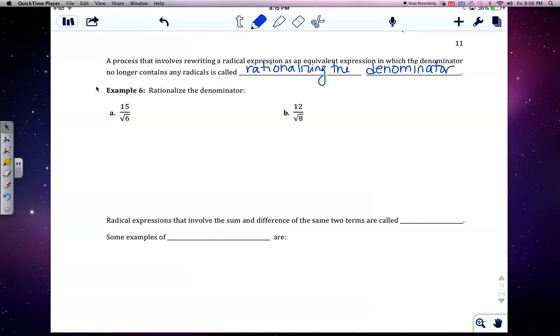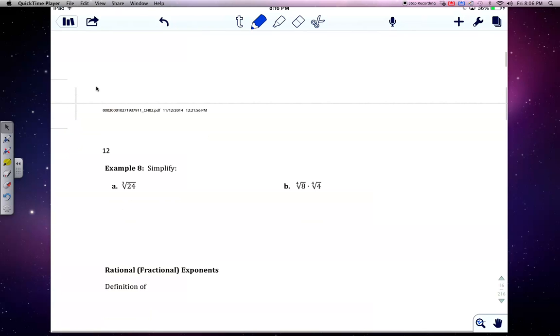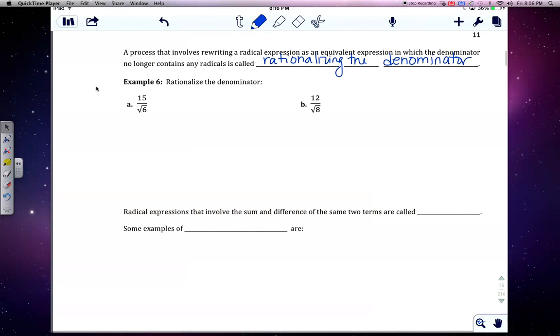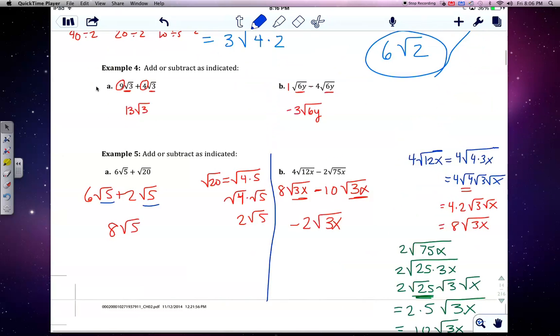So what we want to do is make sure that our denominator doesn't have any radicals. I'm kind of foreshadowing with these things here. If I have the square root of 6 in my denominator and I want to get rid of that radical, I want to go ahead and build 6 up into a perfect square. So 6, I want to build up into